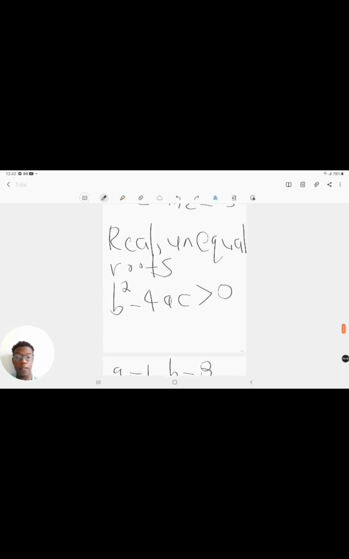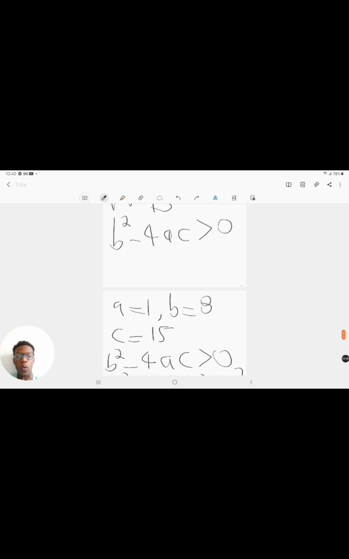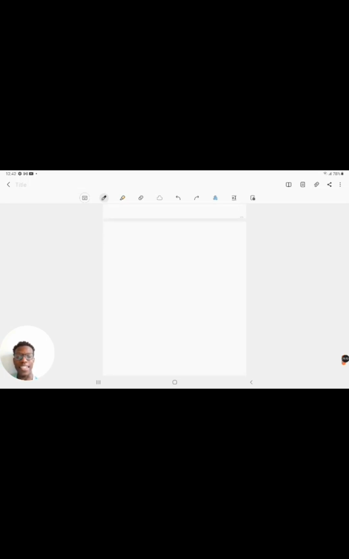So that's the first part of our nature of roots: they are real and unequal. Now, what if we have real and equal roots? Let's come up with another example. What if we have real and equal roots? Well, let's say you've got